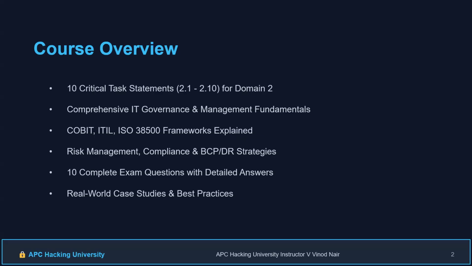Okay, then the third one will look at information system acquisition and development. What do you mean by acquisition? Acquisition is like you are going to purchase. If you are going to purchase some grocery, that means you are going to acquire it from a particular place. Like that, you have different criteria to purchase something. So when you are going to purchase or when you are giving some service, that is also a kind of acquisition.